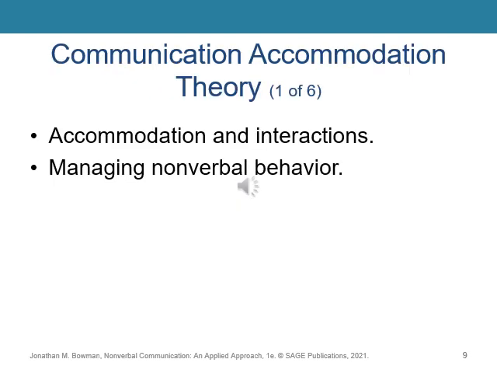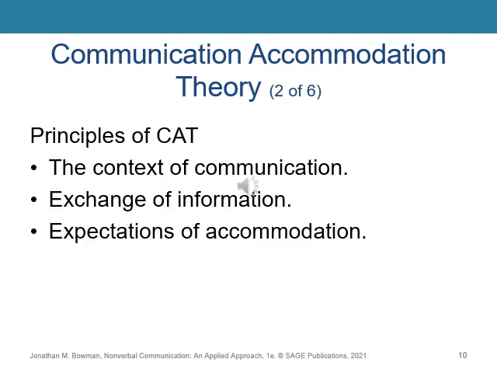Accommodation is the way in which we manage our communication behaviors in social interactions. We will now have a look at communication accommodation theory, or CAT. This theory considers the ways that we manage our nonverbal behaviors as we interact with both known and unknown others, regardless of how we feel about that other person. Both the current and historical context influence communication. Understanding an individual's nonverbal or verbal behaviors depends on where the person might come from.